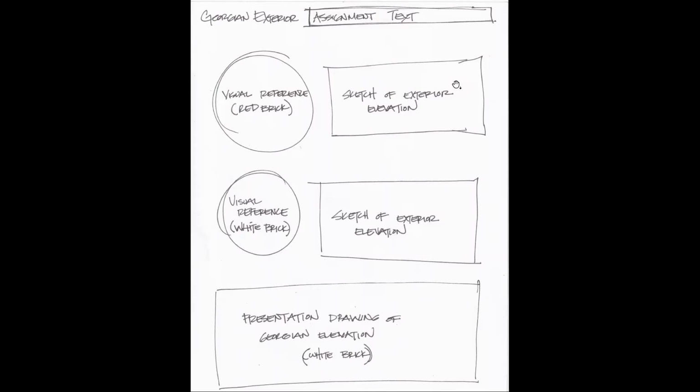project. Now, if you look at this, you can see that I have a title that this page is going to be focused on the Georgian interior. I know that there's going to need to be some text here that's going to inform the viewer about the scope of this project and my design intent. But I'm also starting to think about the drawings that I need to gather for this portfolio page.